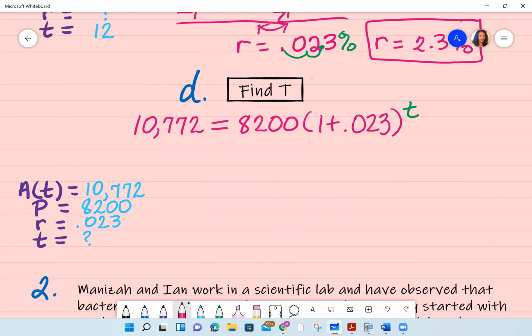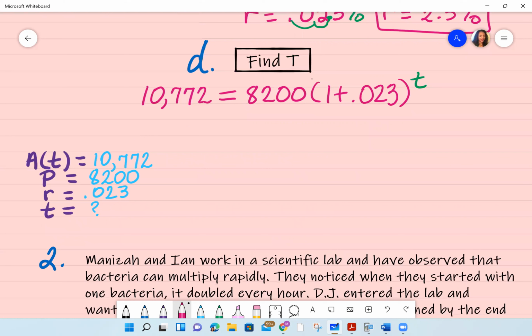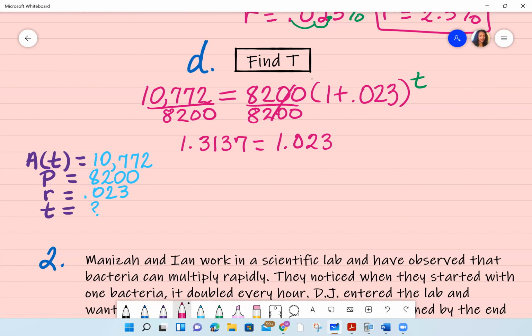Let's go to T. So for T, that's the exponent. That's what I'm going to try to find here. I'm going to do the exact same thing I did a few minutes ago. I am going to divide both sides by what's in front of my exponent, which is 8,200. What I do to one side, I do to the other. We've already done the math in the calculator, and we have 1.3137 is set equal to, and now I can go ahead and combine this to 1.023 raised to the t